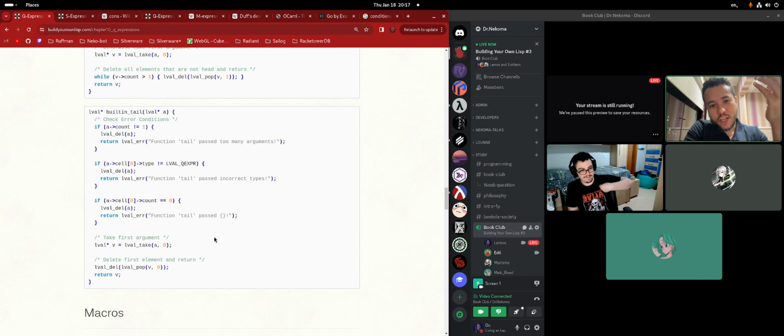Because the checks are checking. You have to give the function exactly one thing. Second, it's checking if this one thing is a Q expression. And the next is checking, this is an important difference, if the list I'm given as an argument is empty.